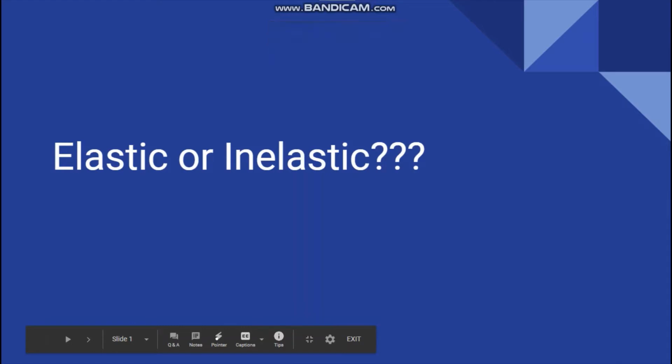We're getting back at it again today with a discussion of elasticity. Okay, so elastic or inelastic. This goes back to focusing exclusively on the demand curve. All right, so you are not going to need to worry about the supply curve at all during this. Instead, we're going to focus exclusively on the demand curve and how we can interpret it a little bit further.